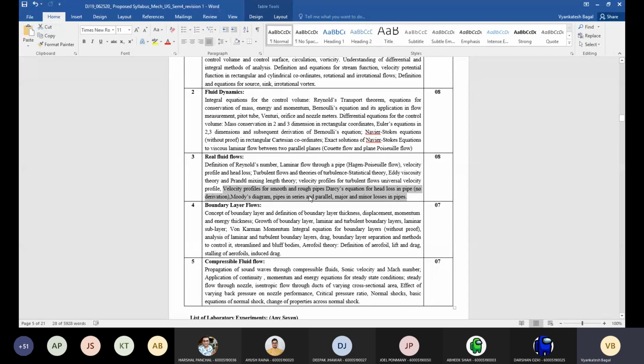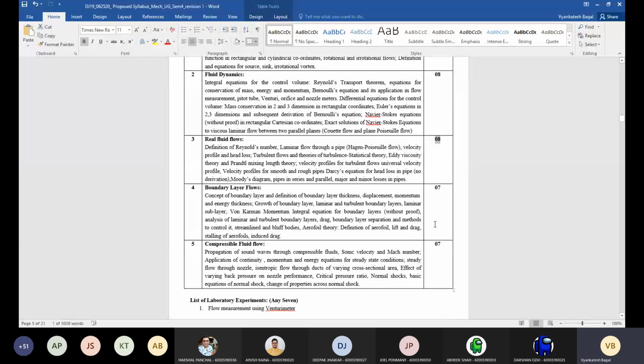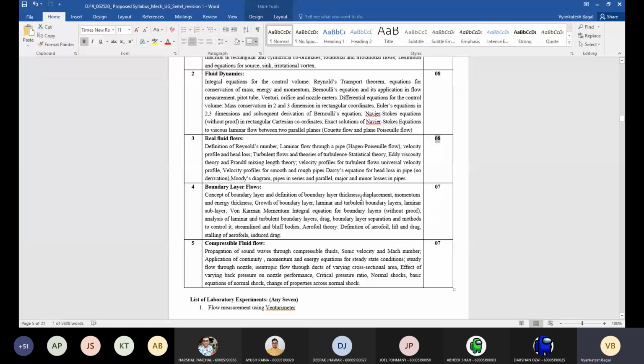We will solve the real life situations in this part, real fluid flow. And I'm supposed to cover this entire module 3 in 8 hours. Okay. Now coming to module 4,